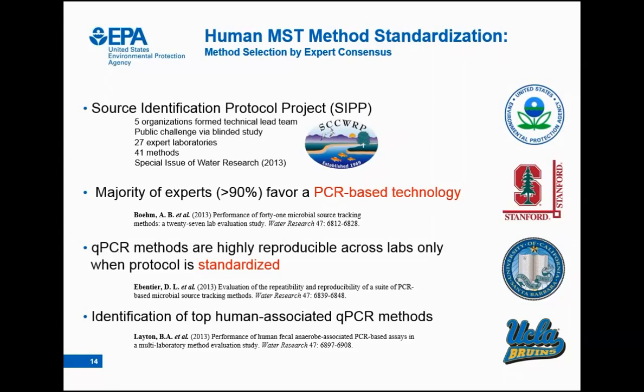And what ended up happening is we were able to recruit 27 different expert laboratories for this study using 41 different microbial source tracking methods, including everything that I showed you in the last slide. So we had the canine scent, the dogs there, all the way through sequencing and PCR. This work actually resulted in 12 peer-reviewed manuscripts that came out in a special issue of Water Research in December of 2013. What I'm going to do now is highlight some of the key findings that influenced our method selection for